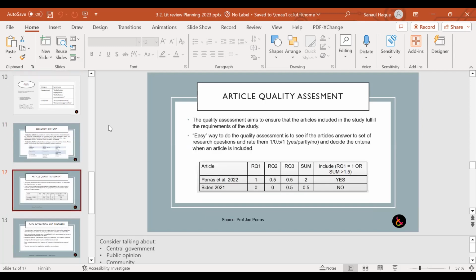Quality assessment of the articles. This is something for you: a technique by Yaripros. It's pretty simple, as you can see. You can sort out your article with research questions 1 to 3. So